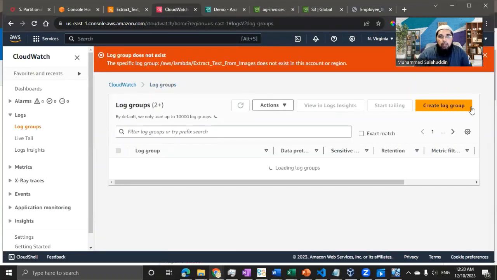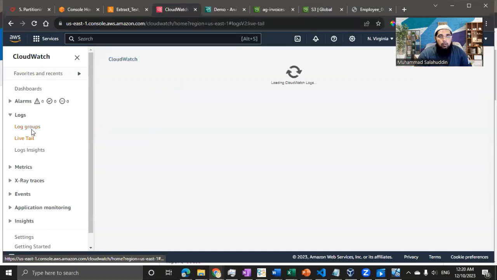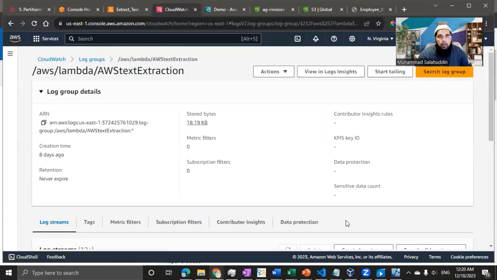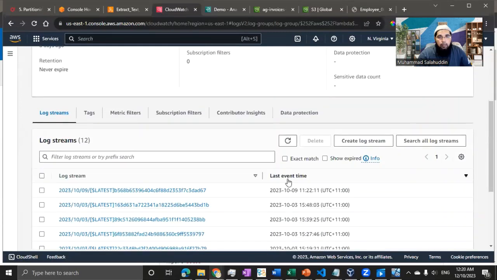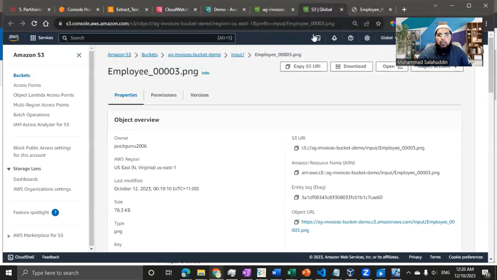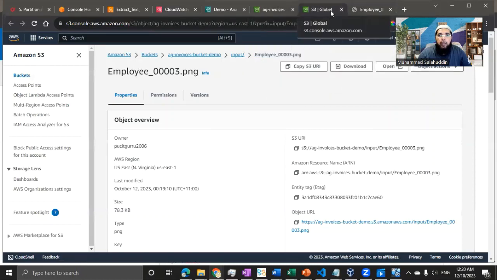Let me just hit log group. So it still has the log information. Let me see if I can find. It's still not showing in the log group, but that's fine. I'll figure out why it's not showing in the log group. But at least we have the output